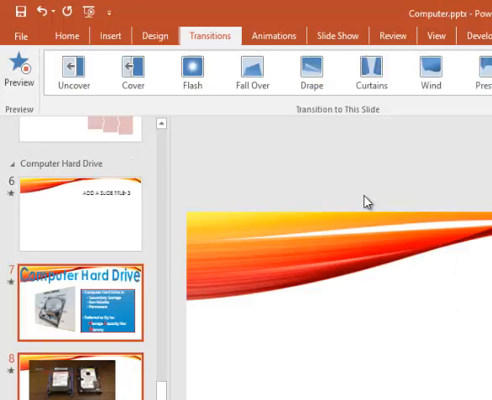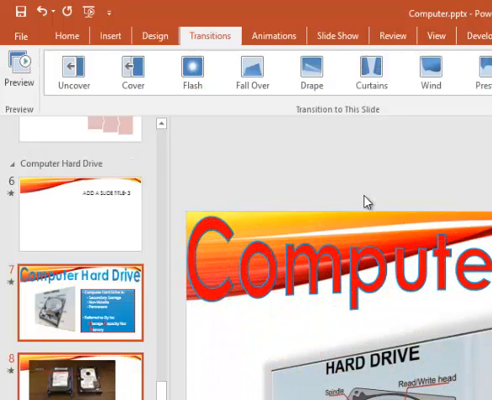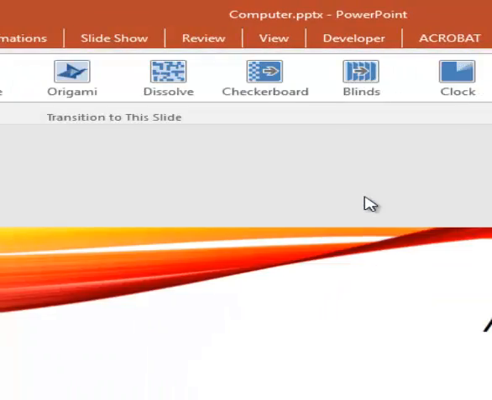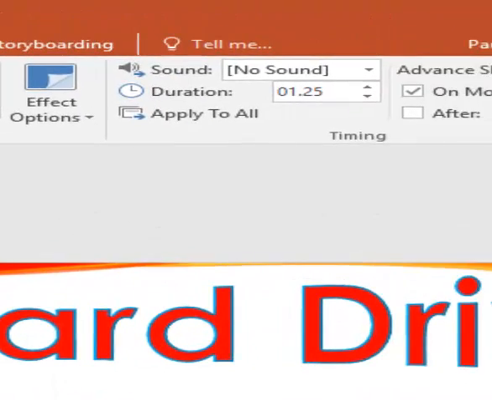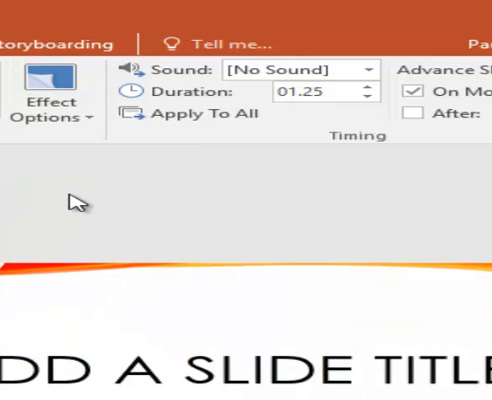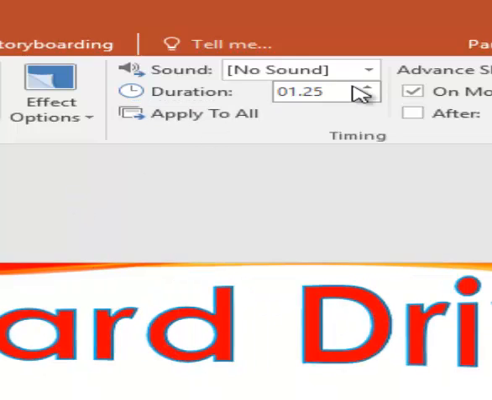So now I'm going to click on fracture, which is like breaking glass. I say, I don't really like that transition, so I'm going to pick another one. You can pick any transitions that you want as long as you have transitions between every slide and you increase the duration. Okay, your durations have to be 2 seconds or more, or why have them? A very fast